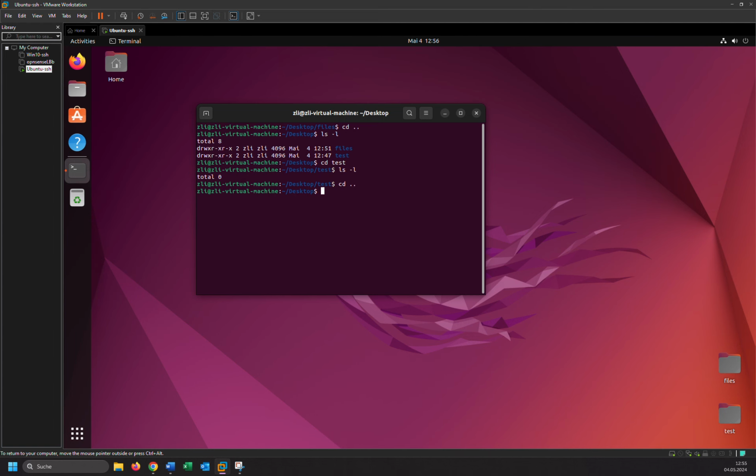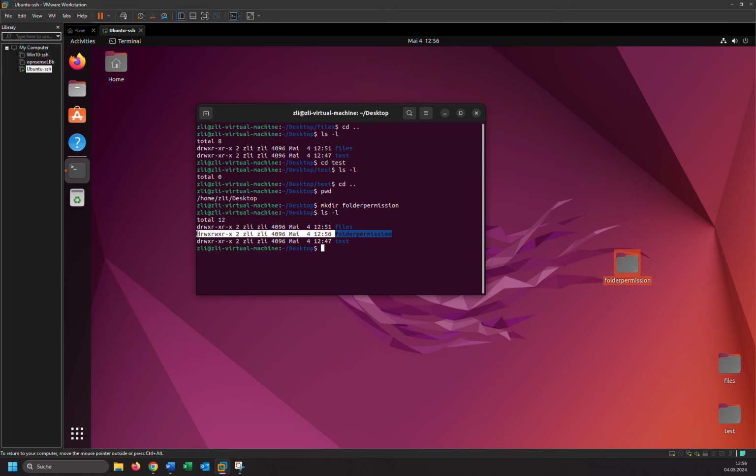Where I am right now, I am on the desktop. Let's create a folder: mkdir folder permission. Enter. I created this folder, as you can see, this one. Okay, and let's see the permission on this folder by using ls -l. As you can see, this folder,